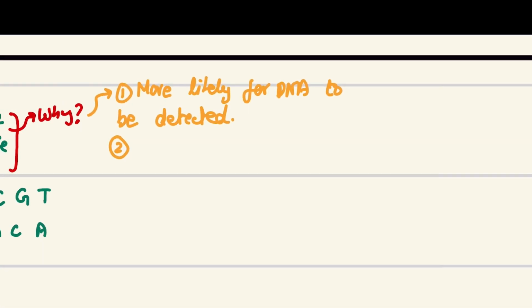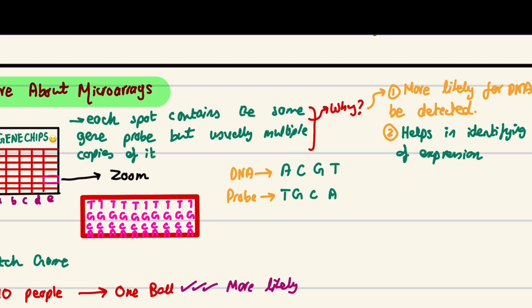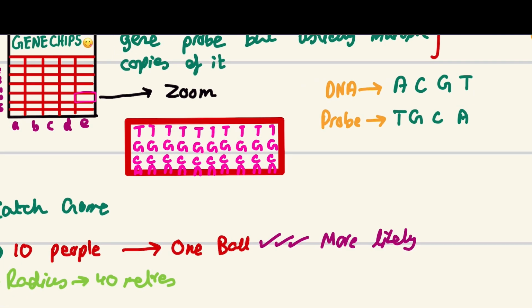Okay, the second thing is that it helps in identifying strength of expression. Okay, what does this mean? Strength of expression, guys, I'll do this very briefly, but we will be talking more about this in our next class, where we are talking about how microarrays help us identify gene expression in disease and non-disease cells. But what I want you guys to really know is that, let's say if there's one